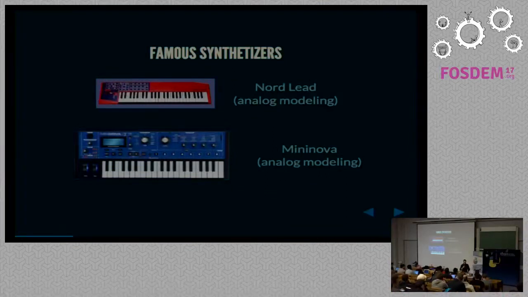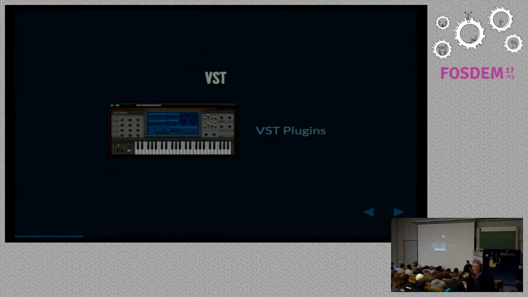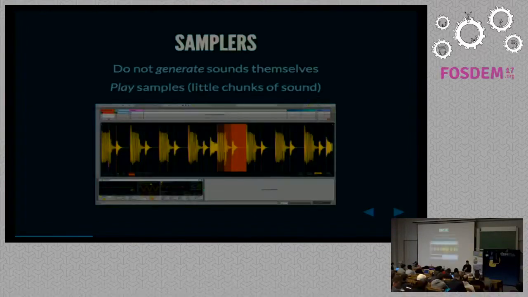And now we have what we call analog modeling, which is a way to reproduce original circuit designs. And I have a Mini Nova here, which is exactly that. You can also use a VST plugin to have a virtual instrument on your computer. I won't use that, but